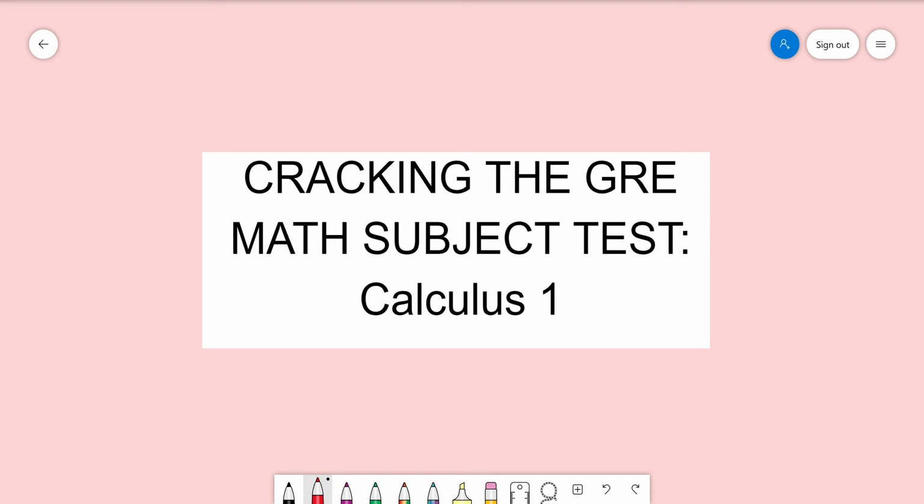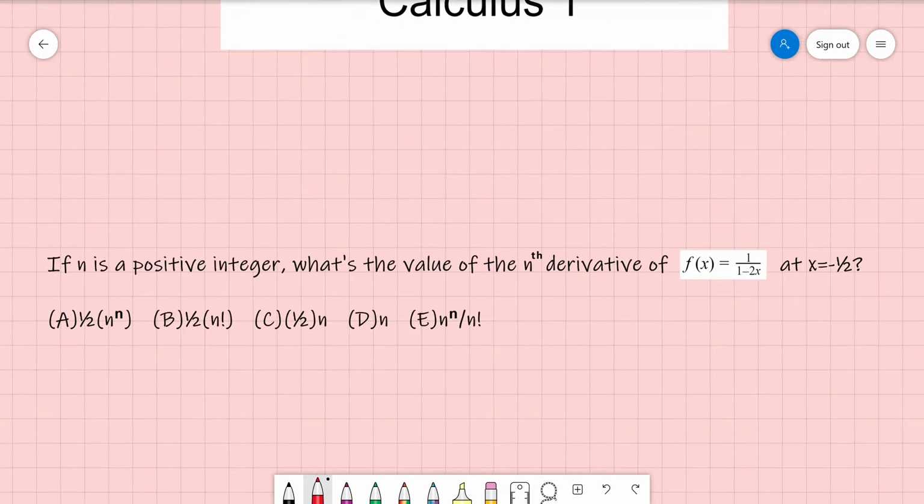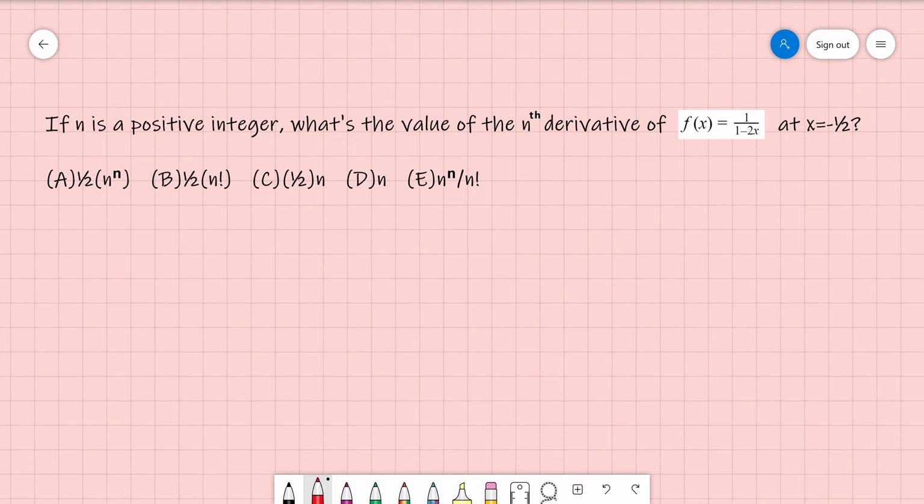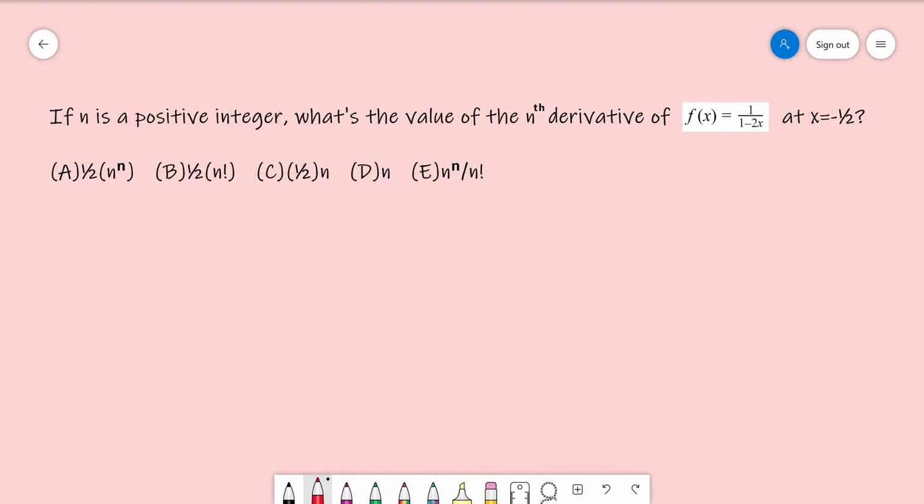This is Calculus 1. We're on question number 18. This question is asking us to find the value of the nth derivative of this function, 1 over 1 minus 2x, at x equals negative 1/2. And I think the easiest way to approach this problem is to just take the first few derivatives and look for a pattern. So if we write f of x, this is like the 0th derivative here,